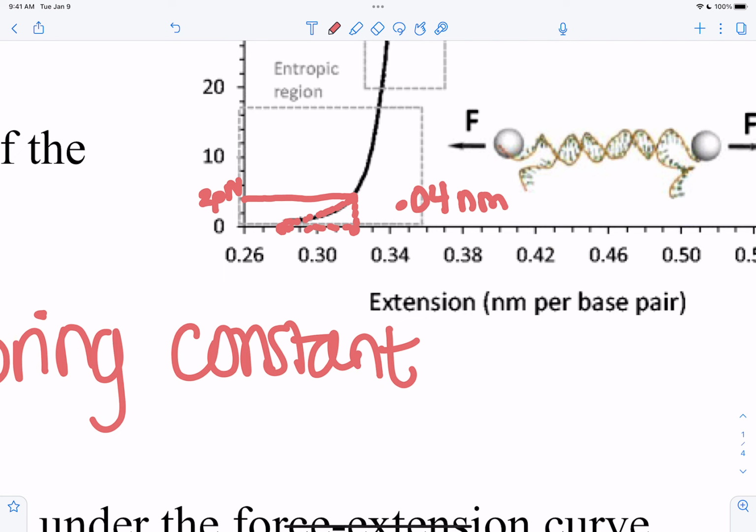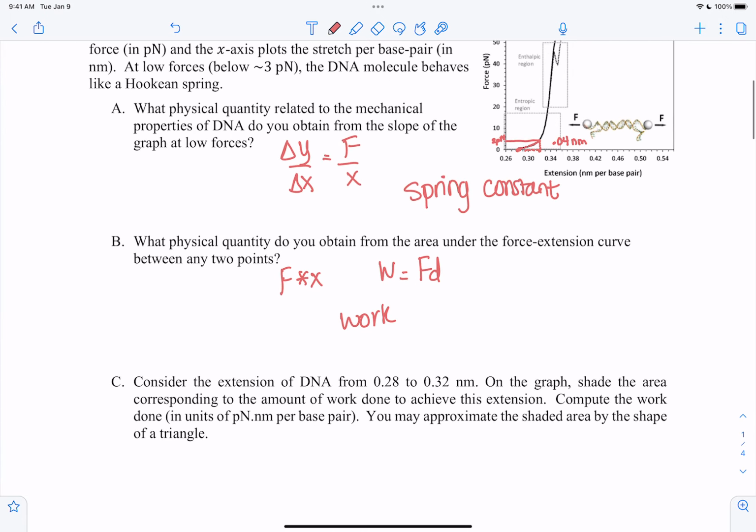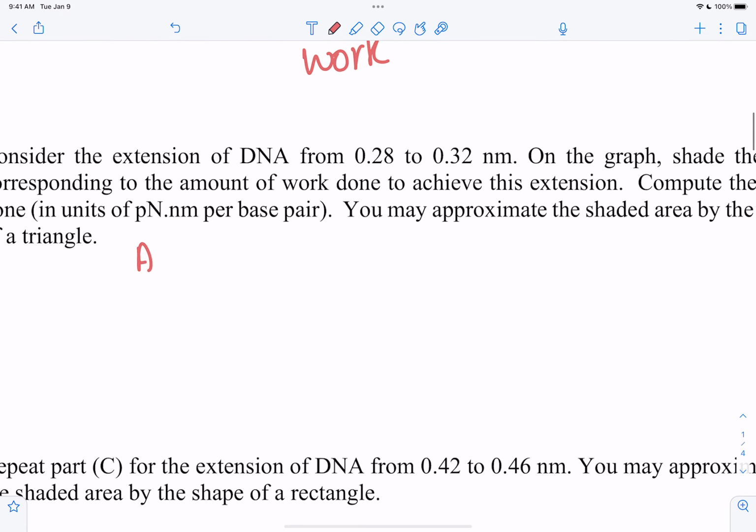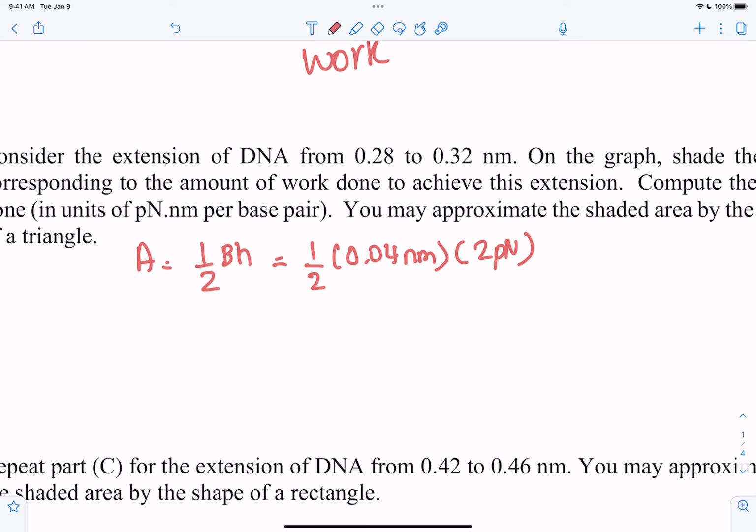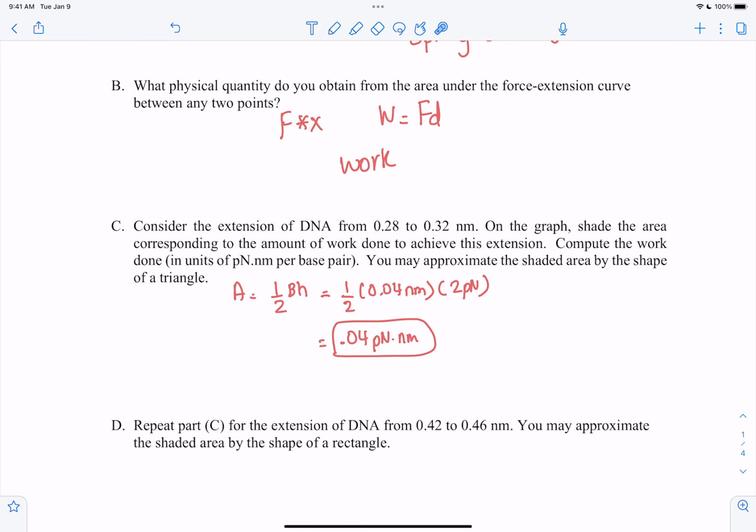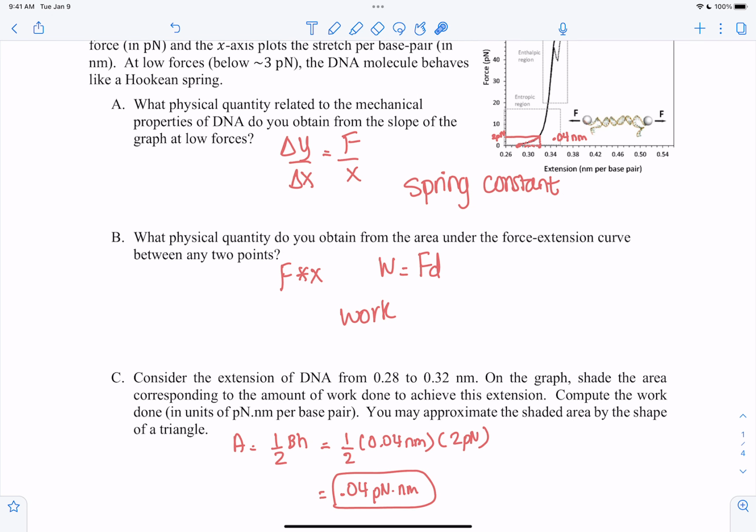That's the length of that base of the triangle there, right? And our height is going to be that 2 piconewtons. Well, if we want to find the area of a triangle, remember, area of a triangle is half base times height, right? So if our base was 0.04 nanometers and our height was 2 piconewtons, then we just multiply that together and we should get 0.04 piconewtons times nanometers like they want, right? And that's the area that we get underneath the curve from 0.28 to 0.32,